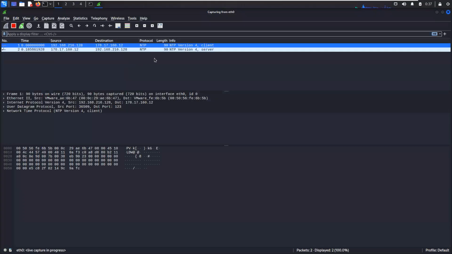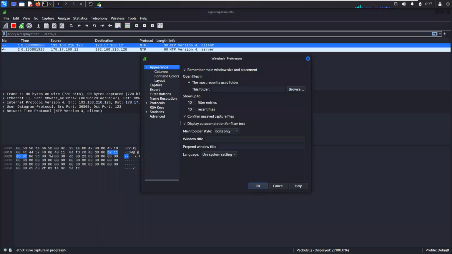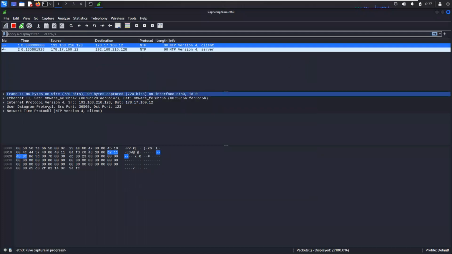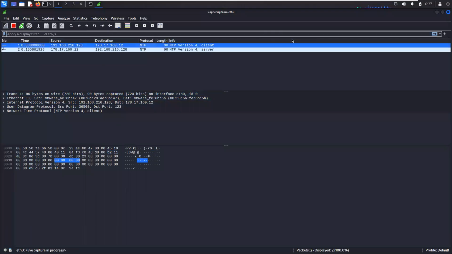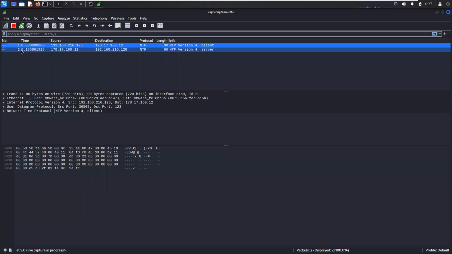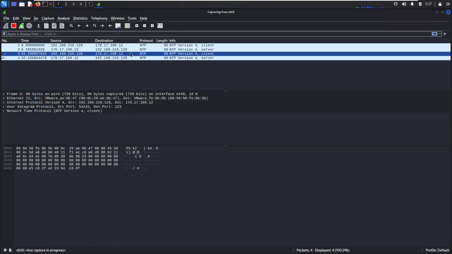Now, the default configuration is not like this. So what I did is I went to my edit options, went to the preferences, and I guess this is the default one because I reset this machine. So this is the default one you can see, right? I got NTP traffic or network time protocol. So NTP allows us to, we can see these are the arrow keys. So one arrow is sending a request and one arrow is receiving the updates. Right, and it's doing one more time, sending it to